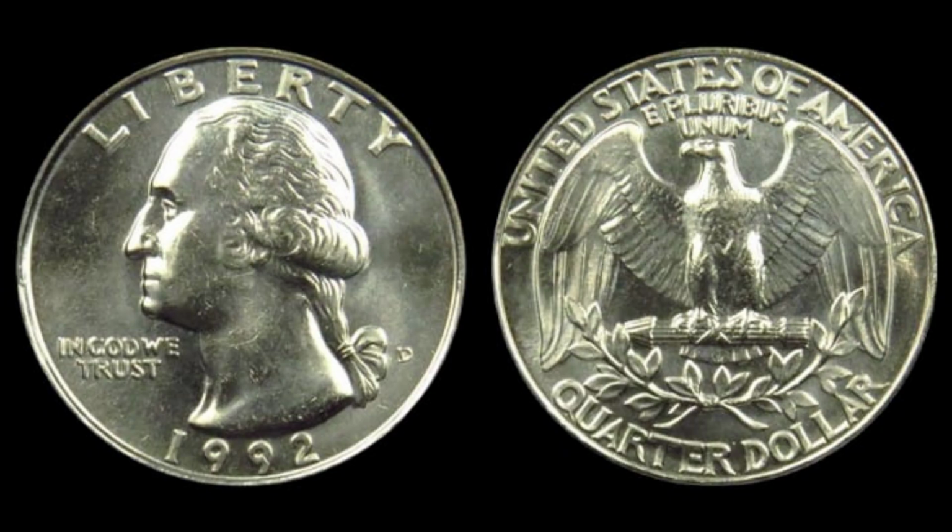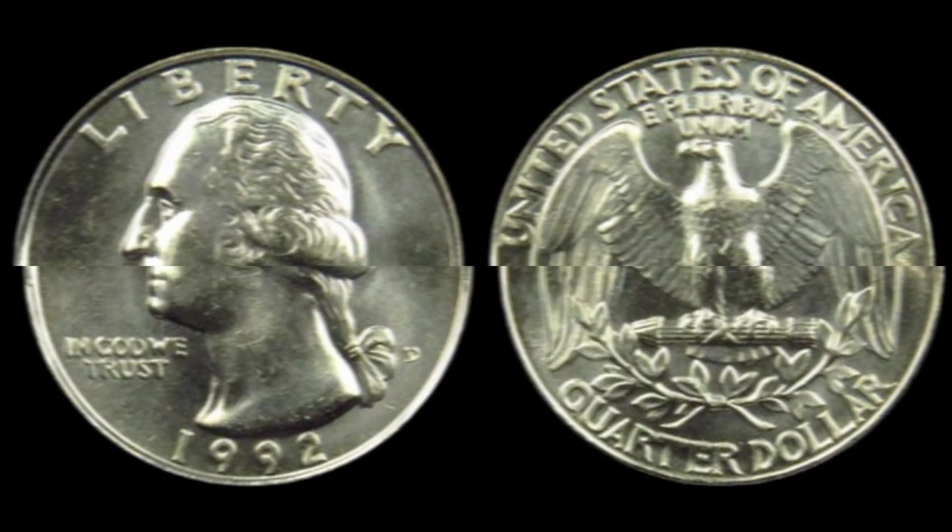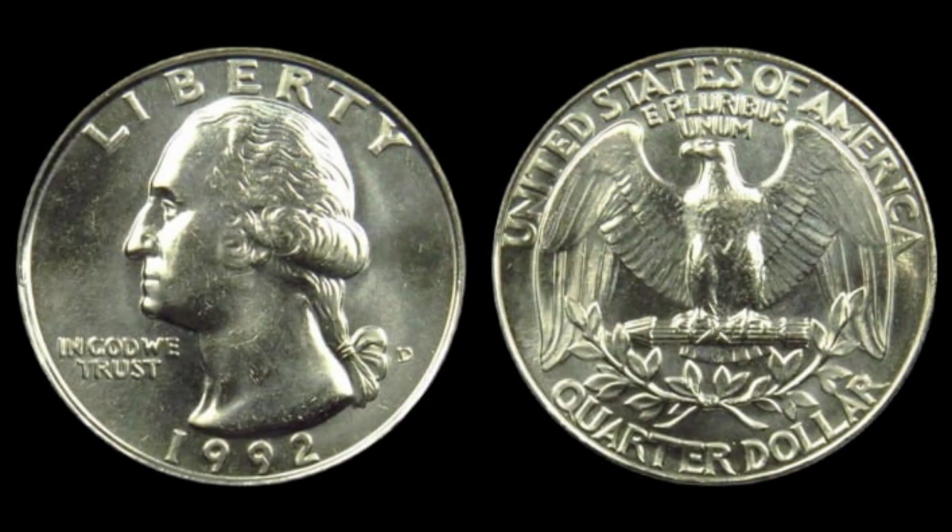And beyond the errors themselves, the condition of the coin plays a huge role in its valuation, because unlike most circulated era coins which show heavy wear, this 1992 D quarter was preserved in near-perfect condition, graded MS69 by two of the top coin grading services in the world, a score that is extraordinarily rare for any coin from this era, let alone one with this many anomalies. And this means that the coin retains its full mint luster, sharp strike, and minimal contact marks, qualities that elevate